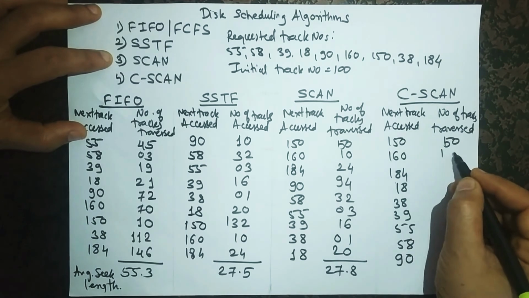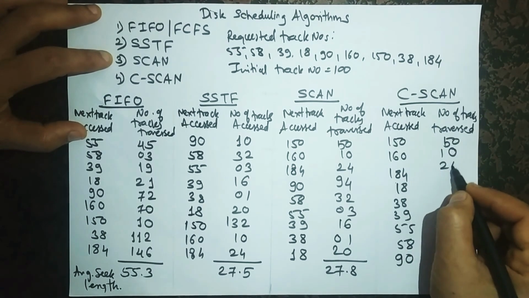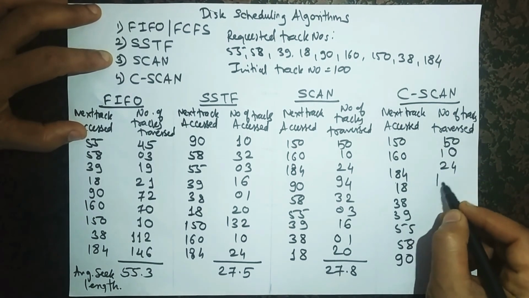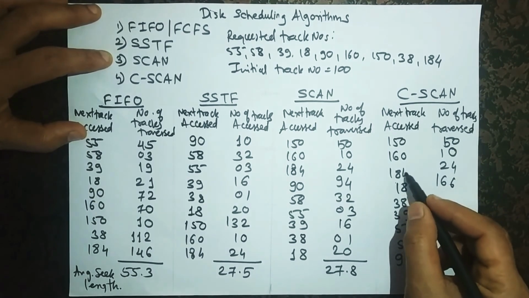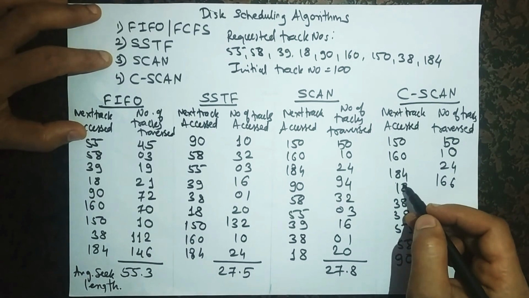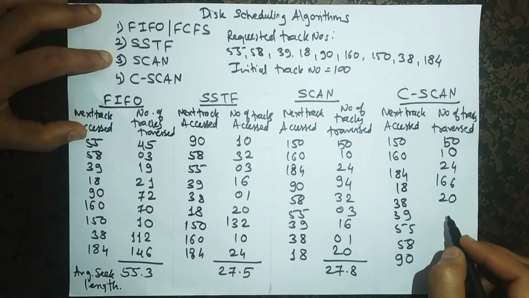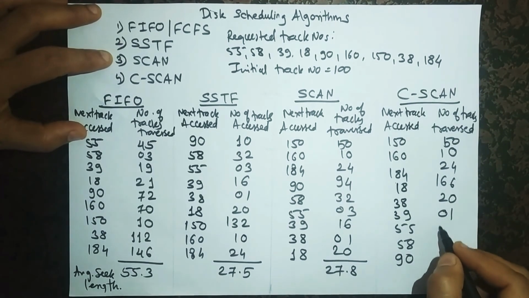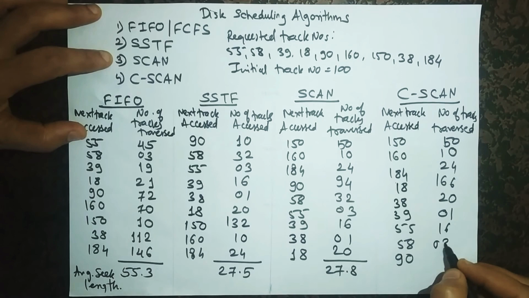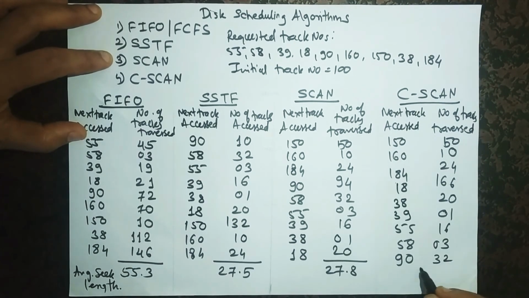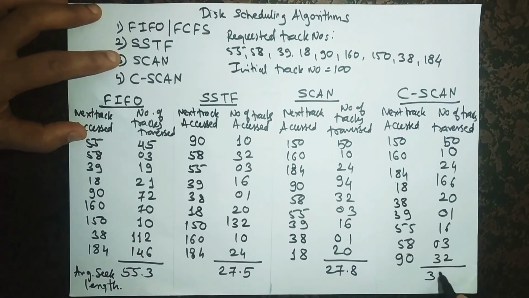Then we have 10, then 24 here, then 166 for the maximum to minimum traversal of the tracks. Then we have 20, then 1, 16, 3 and then 32. So we find the average seek length over here, the average number of tracks, which is equal to 35.8. So if you see the average seek length and the average number of tracks traversed over here, we see that